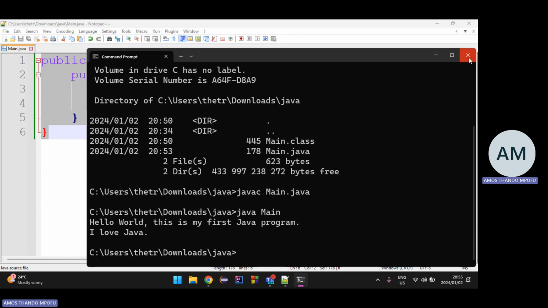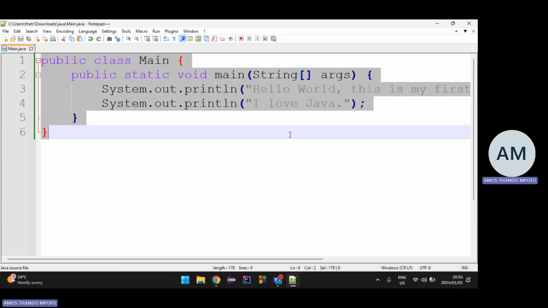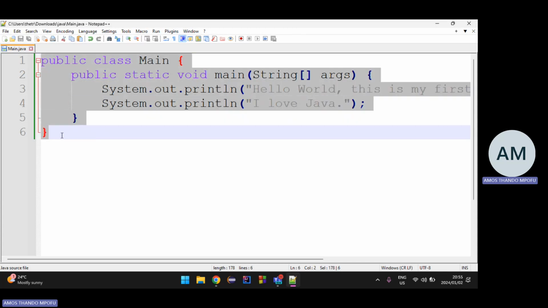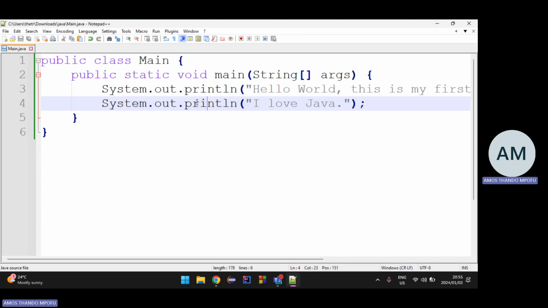So yeah, so far that's all you have to know about Java in this video. This is just a brief introduction. Java is object-oriented. Everything that you do must be placed inside a class. The way you name your class is going to be the same as the way you name your file.